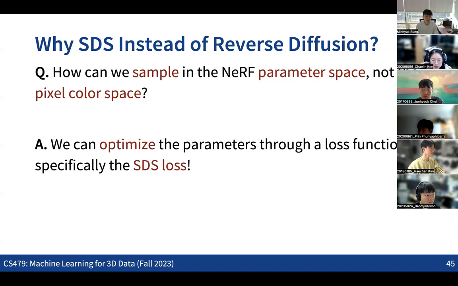For example, when you train the diffusion models with data in a certain representation, and then you want to generate the same type of data but with a completely different representation, how can we apply the pre-trained diffusion models? Then you can use the SDS idea, not running the reverse process, but starting from a random initialization and then updating all the parameters using backpropagation. This is really the key idea: we can apply the diffusion models to generate data in any arbitrary other representations.